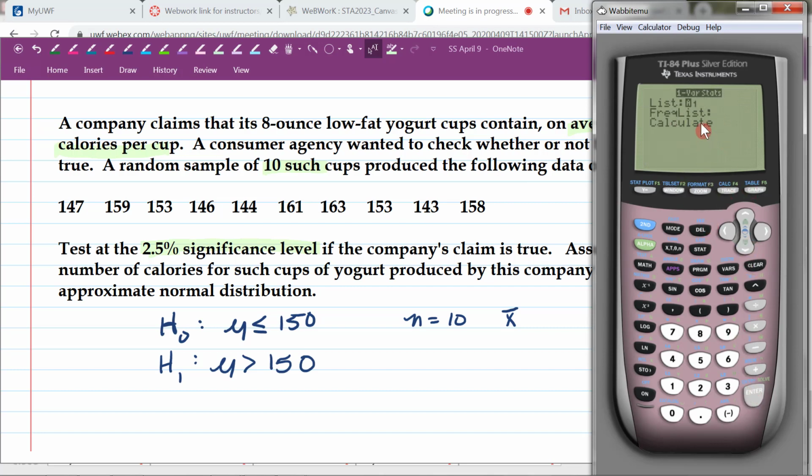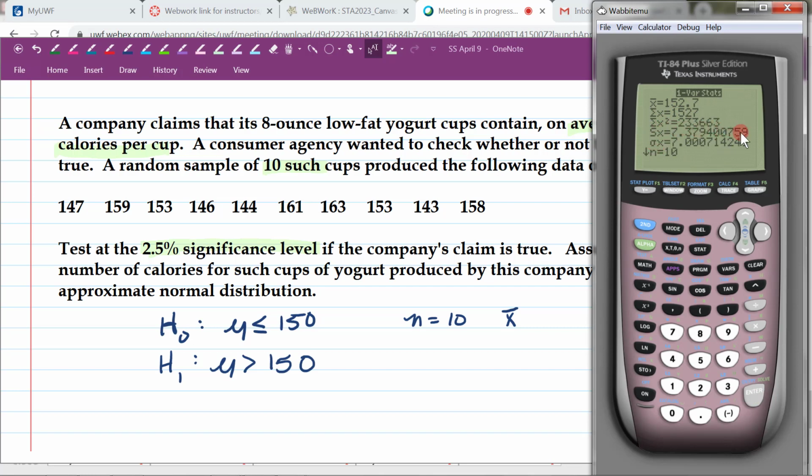The next thing you want to do is make sure that you have L1 selected, because there are so many different lists, and I wanted to do the calculations on list 1. Then just hit enter until you get down here. And now it's giving me my X bar, my summation of X, my summation of X squared, and then it's giving me my